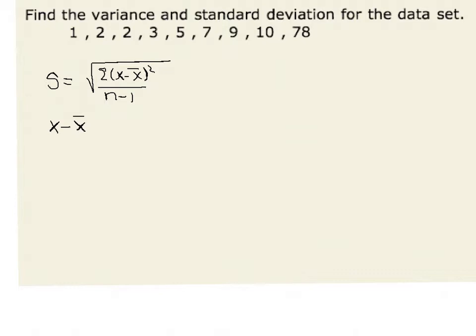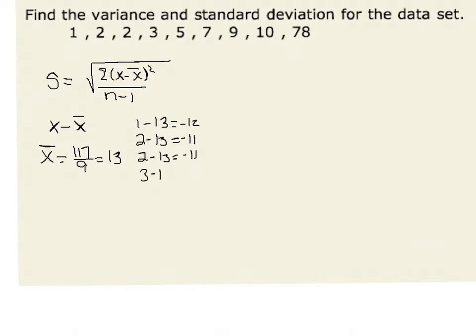For example, we would first calculate the mean, and the mean of our data set is going to be the sum of our data points divided by 9, which is given by 117 divided by 9, or 13. Therefore, our deviations are given by 1 minus 13, which is a negative 12, 2 minus 13, which is equal to a negative 11,